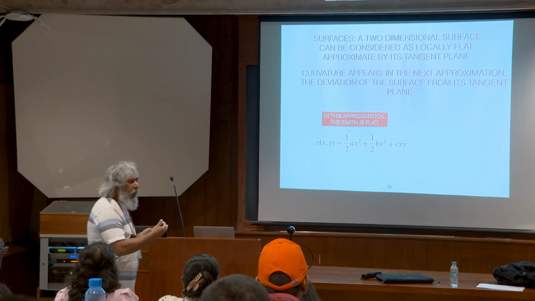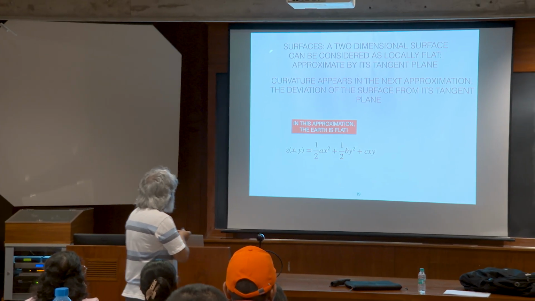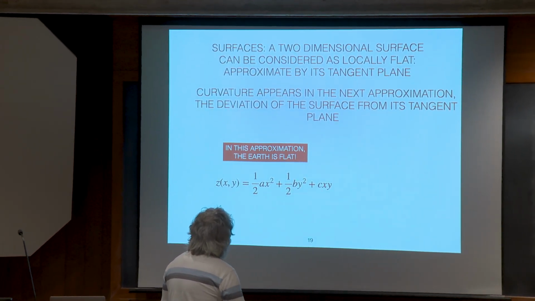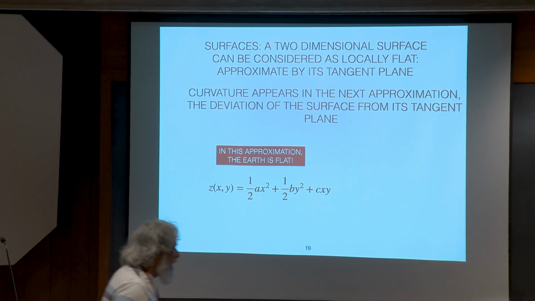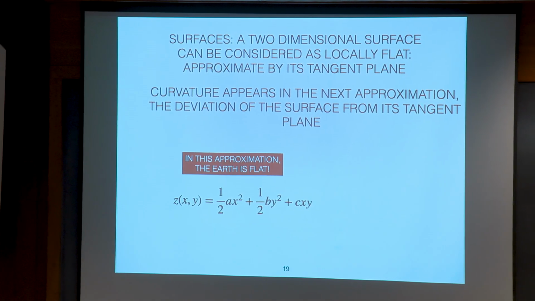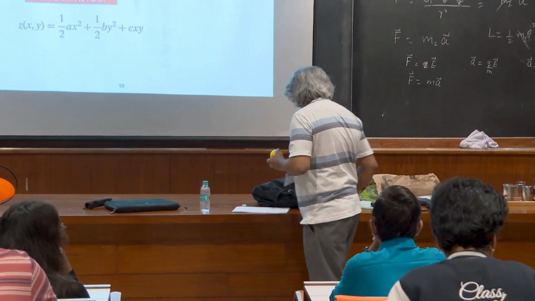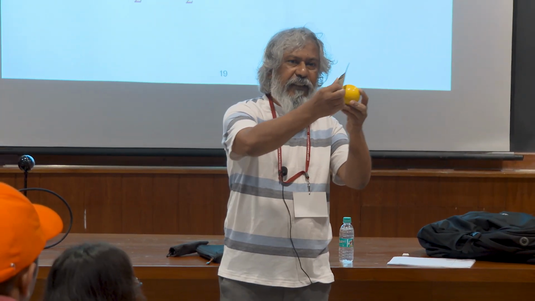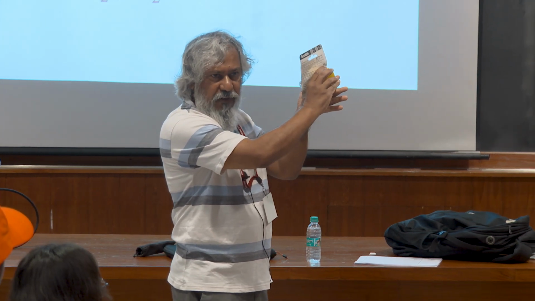Now let's go up one more in dimension. This was about 1 dimension. Consider a 2-dimensional space which can be considered as locally flat. For example, you can approximate it by its tangent plane. So let's take this, here it is. This is the surface of this thing, and I can approximate it. See, here's a flat something. Just touch it over here. I can approximate that bit of the ball by a flat plane.